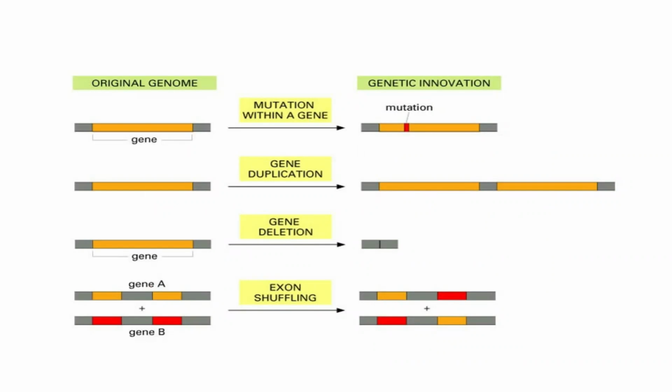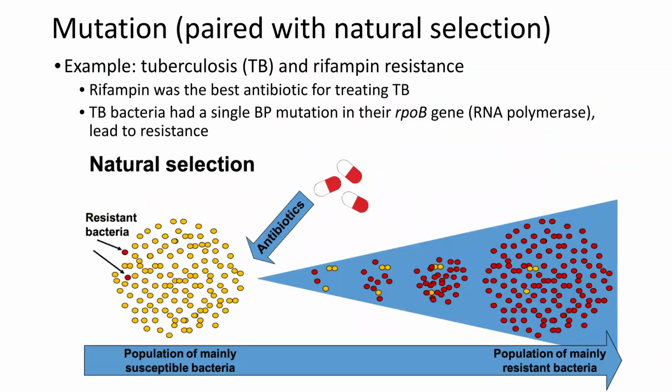So let's talk about how these things occur at the genetic level. Let's start off with mutation. So a single mutation is just a change in the DNA sequence. And remember,